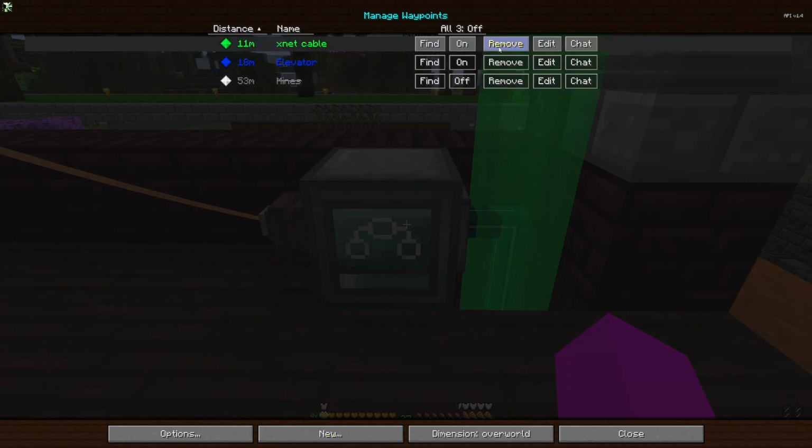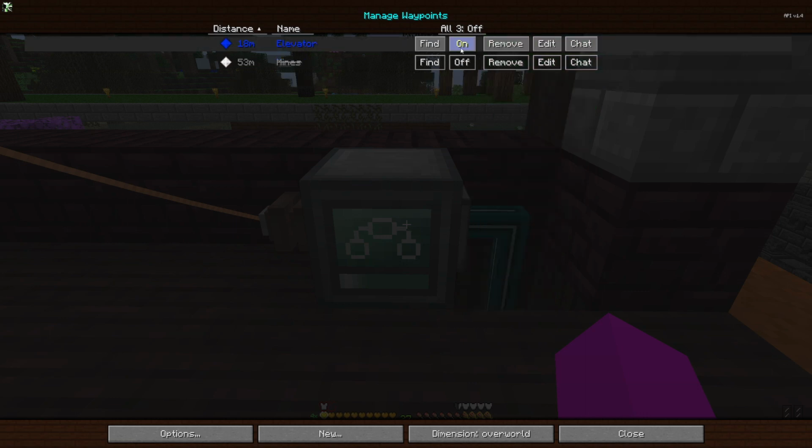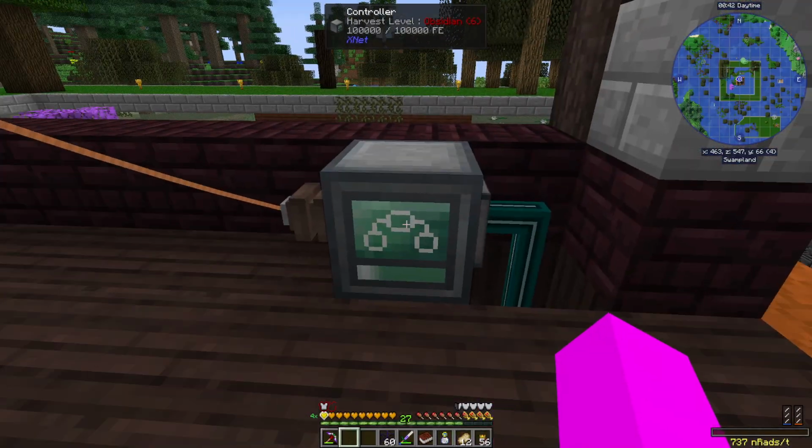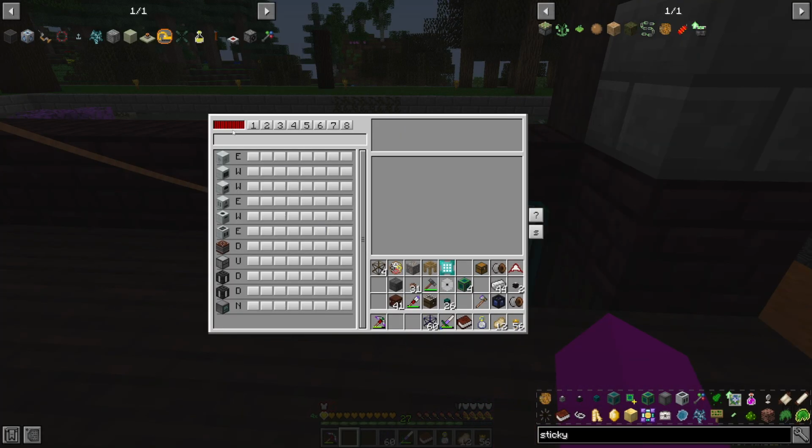Probably turn off this waypoint. Remove. And I'll turn this one actually off. I'll keep it, but I'd like to know where my elevator is. My blue one. This guy's got power now. Now that thing's got power, it can actually do something. And what I've typically always done, and I'm going to continue to do, is